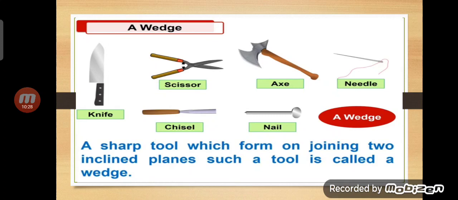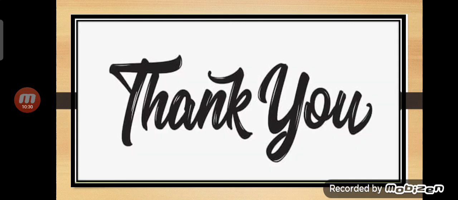Now students, it's time for a recap. Today, so far children, we have learnt about what is a machine, right? We have also studied about the types of machines such as simple and complex machines. Children, we have also studied about simple machines like the inclined plane and the wedge.